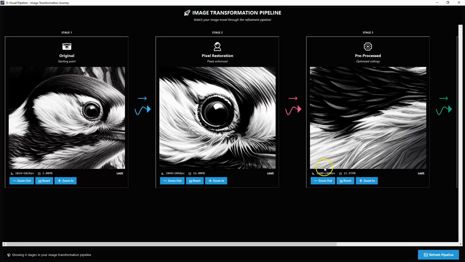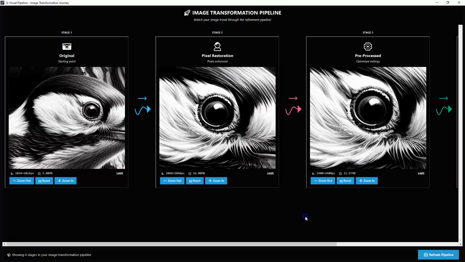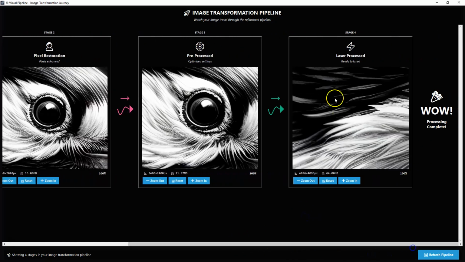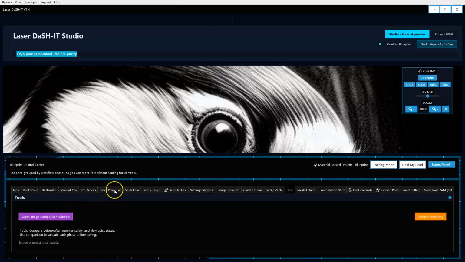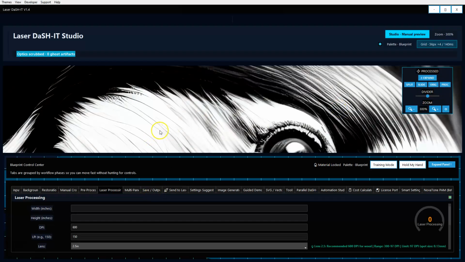And then we go to the pre-processing. We press that button and now it's 2400 by 2400. Okay, and it's 21.97 megabytes in data. So now we have even more data and a more solid image. And if we scroll over, here's where the laser processing is now. This is where we're currently at. It's currently double this size, and it has 64 megabytes of data. Now when we do the laser processing, it's going to update with the processed image and laser ready. But anyhow, let's go to the multi-panel mode